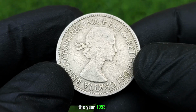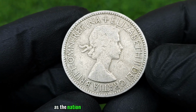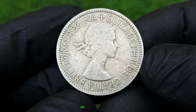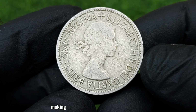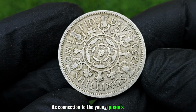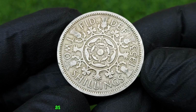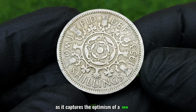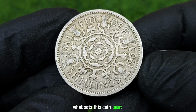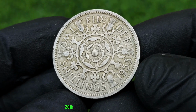The year 1953 itself was a turning point in post-war Britain, as the nation sought to reassert its identity amid global changes, making this coin a tangible artifact of that era. Its connection to the young queen's ascension adds an emotional layer to its collectability, as it captures the optimism of a new reign. What sets this coin apart are its distinctive design elements, which blend traditional iconography with mid-20th century